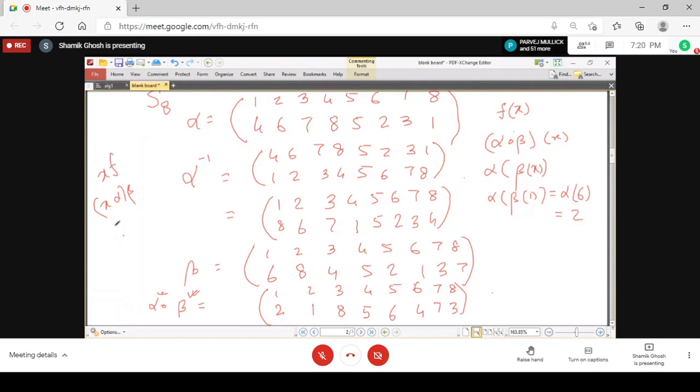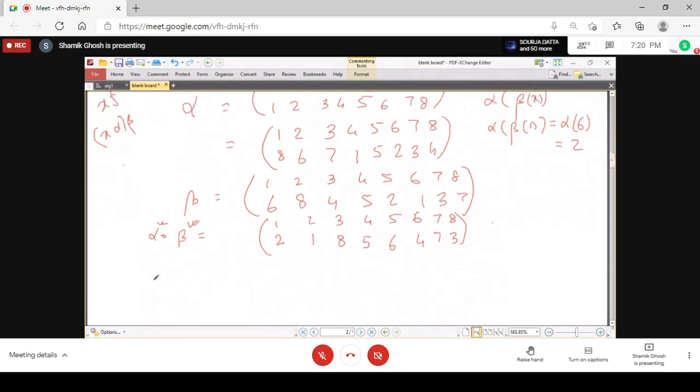In the book of Herstein, you will see that Herstein considered it in this way. However, in general, we all follow the convention of writing the element on the right, and that is why I am working beta first and then alpha. So in this way, you can compose a long chain of these things, like alpha cube, beta square, and again alpha inverse or something like that. And then we have to compose 3 alpha, 2 beta, and then 1 alpha inverse.